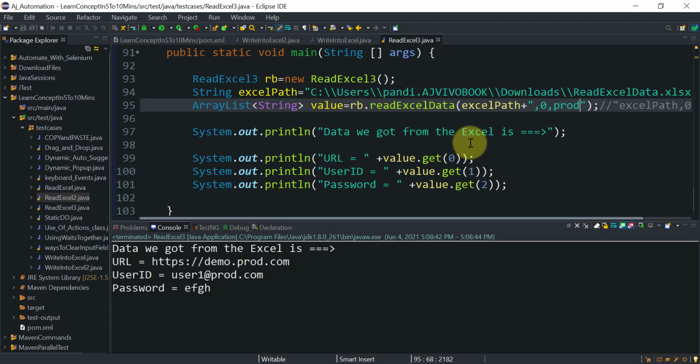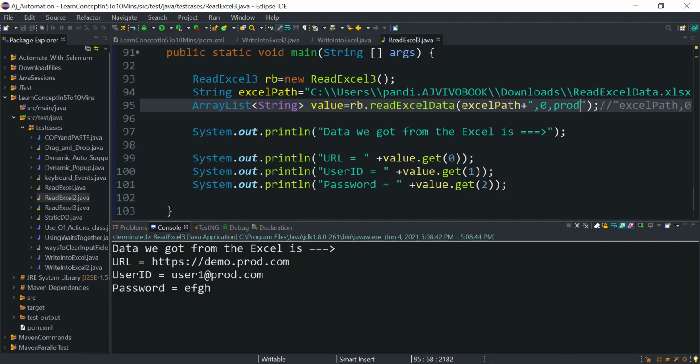Okay, so this is how you can make your test case. You can get the data from an external source like an Excel or CSV file. You can read it, and you can run the same test case on different environments. You can run it on the stage environment, integration environment, production environment, and you don't need to hard code your URL values, your user ID and password.